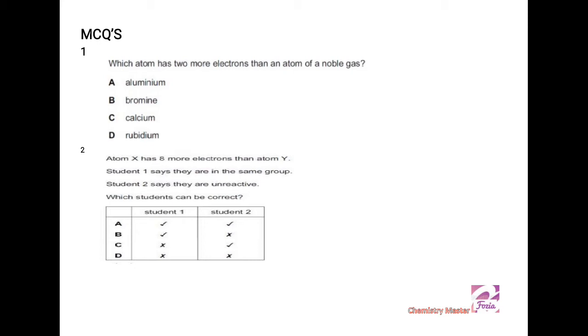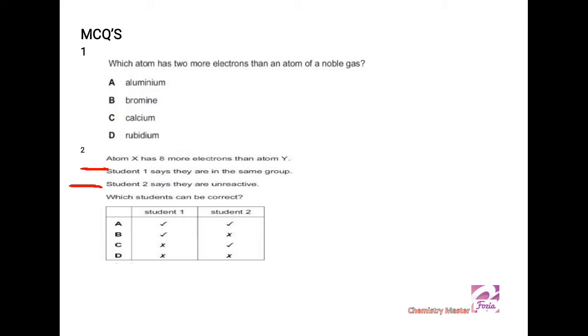Okay, we will think about it. And another student says that they are unreactive. Okay, now this has to be considered. Means if atom Y is unreactive, or you say is a noble gas, atom X should also be following the same properties. Okay, when we see the difference of electrons in the elements lying up and down in the periodic